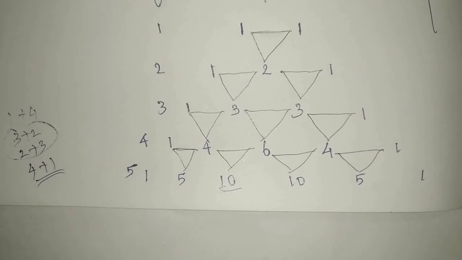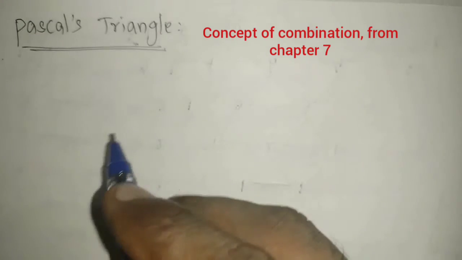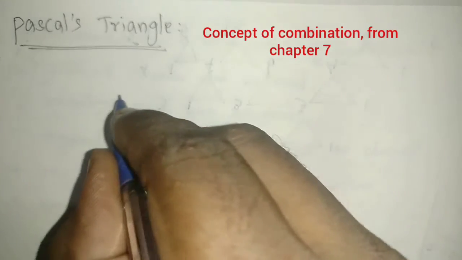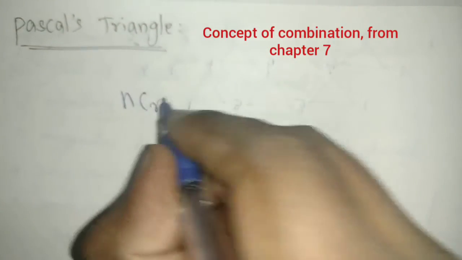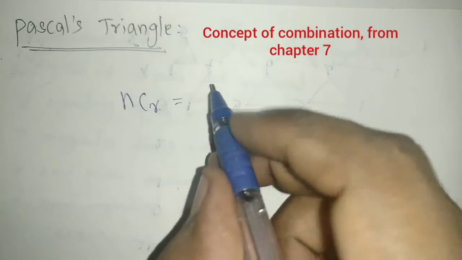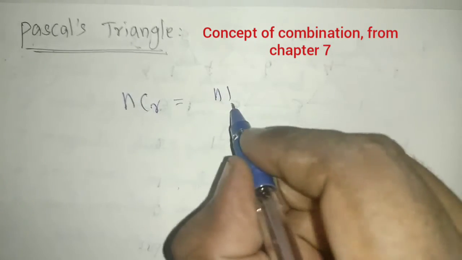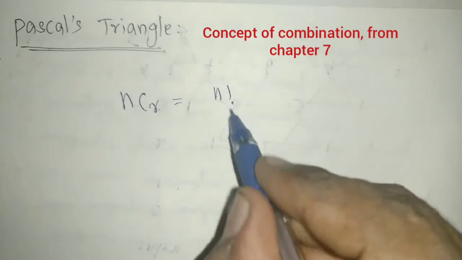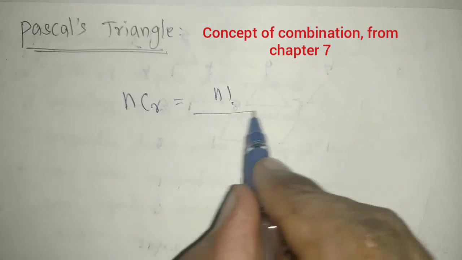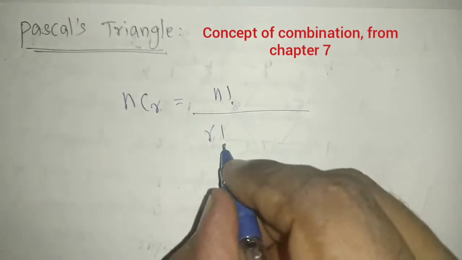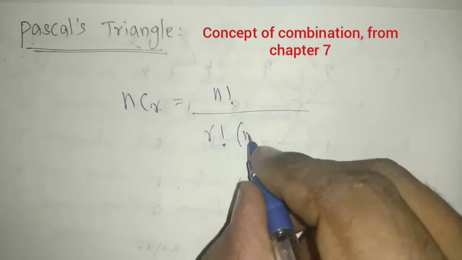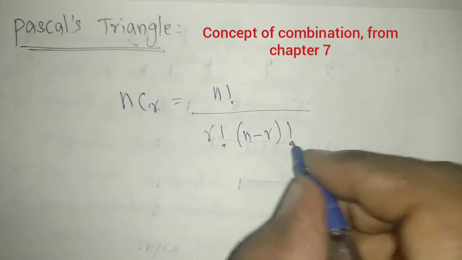Now based on this formula only we need to go, sir. We don't have any other shortcut? Yes, we have the shortcut. That name is Pascal's triangle. So for the Pascal's triangle formula we write nCr, which is equal to n factorial, this symbol is called factorial, whole divided by r factorial into (n minus r) factorial.